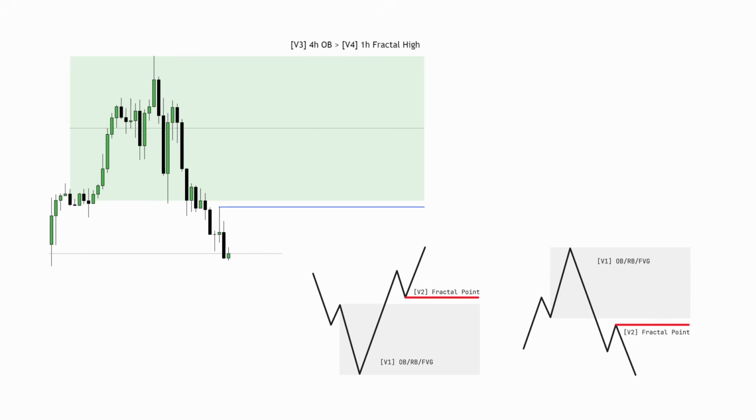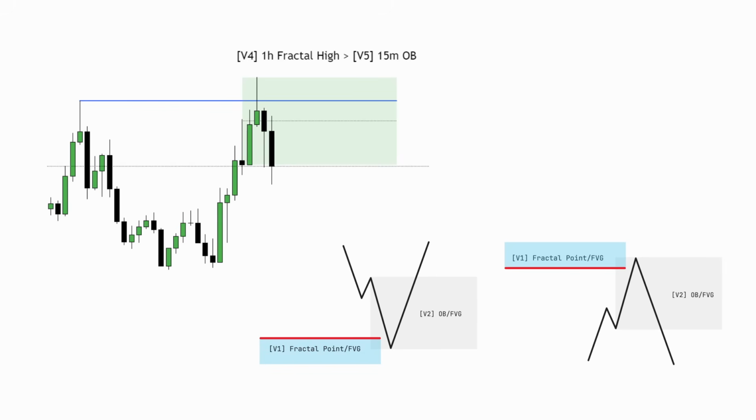The logic remains absolutely the same. In this case, the fractal high, which is actually the inducement, is often referred to as the trigger. The last logical element from the execution group is formed by V4 fractal high and V5 order block. This is essentially the same as volume confirmation, but the difference is that the rejection block is excluded because we don't use it for entering a position. The combination of these logical elements forms our trading strategy.